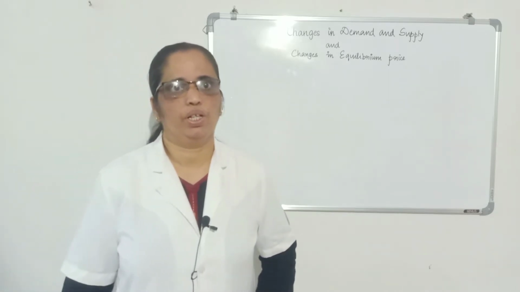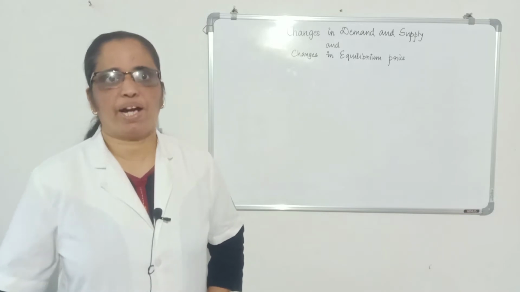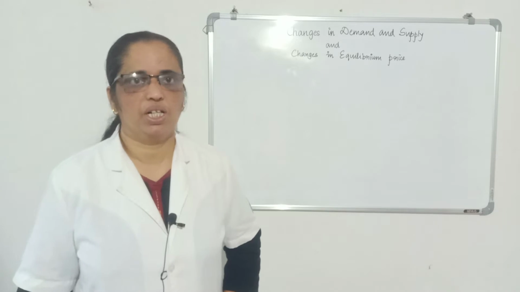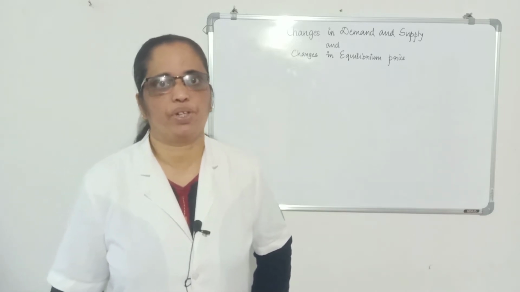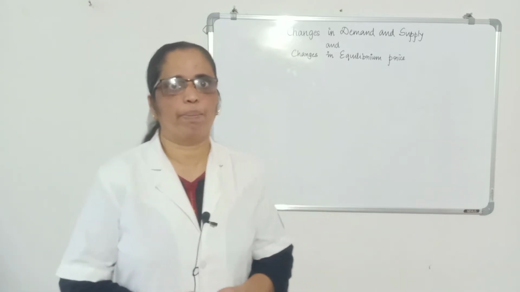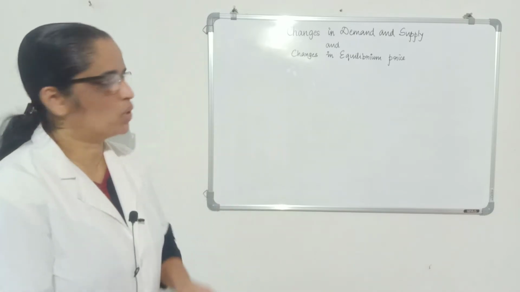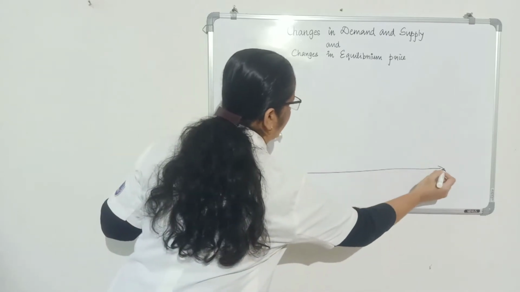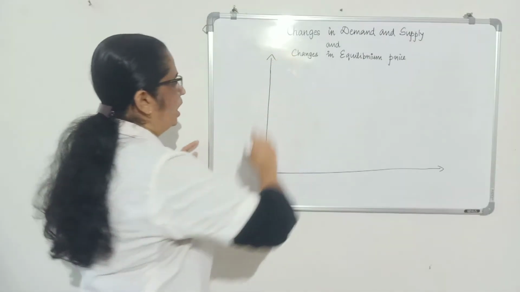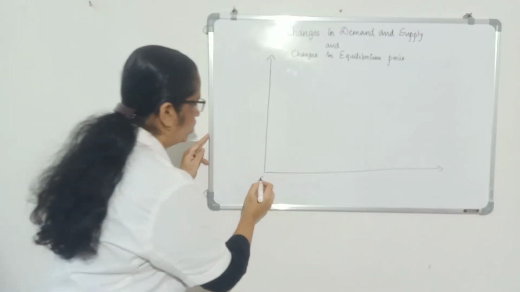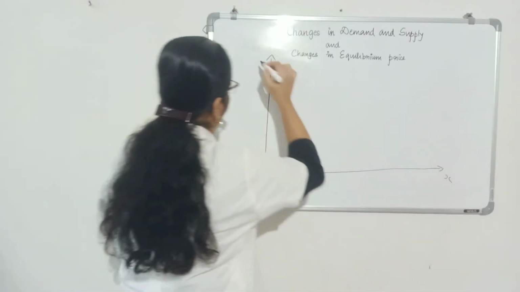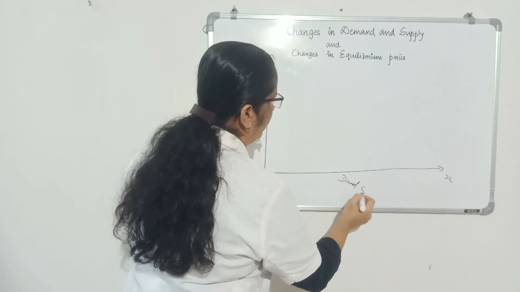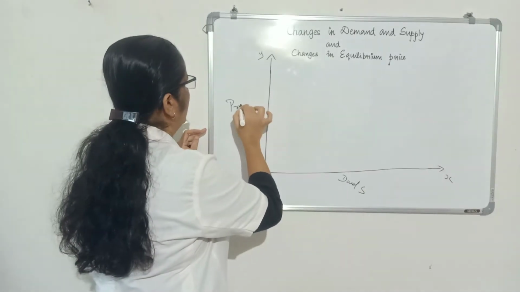As you know, suppose supply shifts, maybe rightward shift, maybe leftward shift. Demand held constant. What will happen to the equilibrium price and quantity? Suppose supply shifts, demand held constant. Analyze its impact on equilibrium price and quantity. As you know, on the OX axis we measure demand and supply. On the OY axis we measure price.